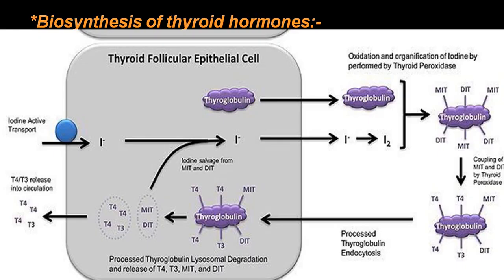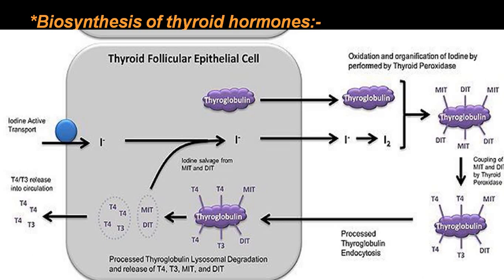This we have already discussed in a previous chapter, the introduction of thyroid gland. The thyroid gland manufactures, in short, T3 and T4, and it releases T3 and T4 into the blood. Only 10% of T3 is released from the thyroid gland. The rest, 90%, is obtained from conversion of T4 to T3.